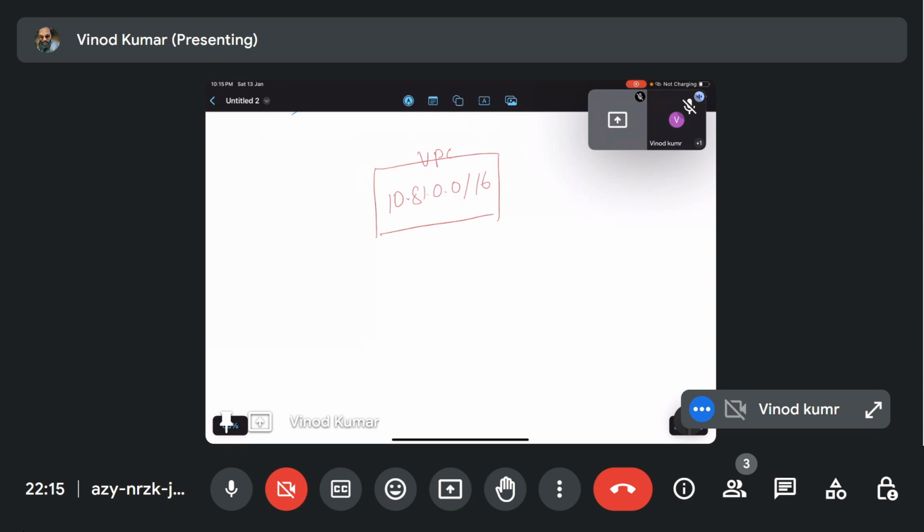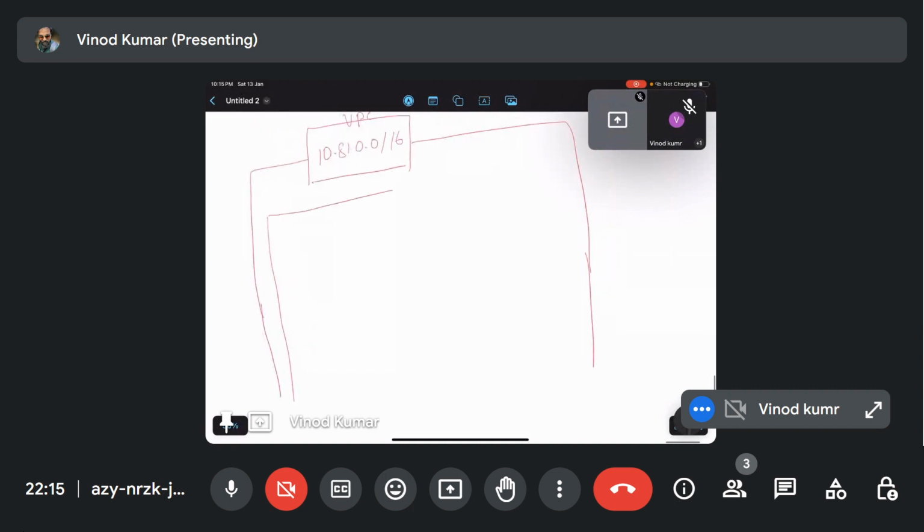Under this VPC, I am creating the subnets. I told you two availability zones. You can see the availability zone names of your Stockholm region. I'm assuming availability zone one and availability zone two, for example.